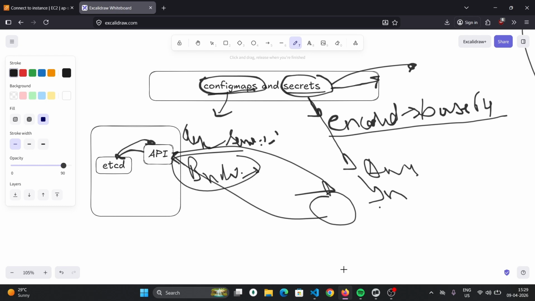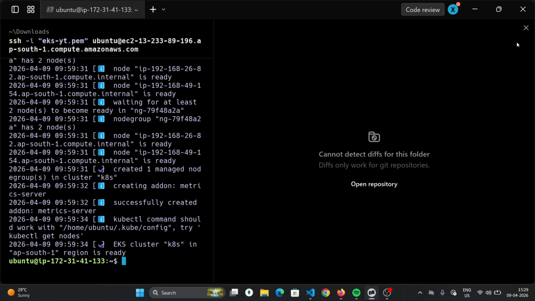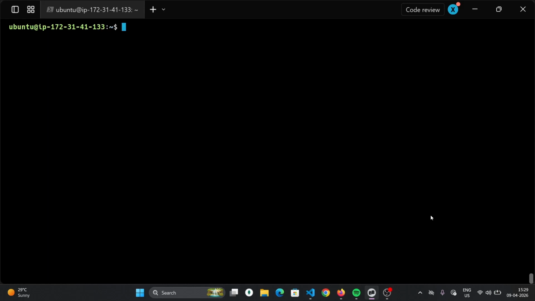So let's see, my cluster is still being created, so let's wait. Our cluster is created. Let me clear it. Let me go to the K8s yaml files. So let's create, first,